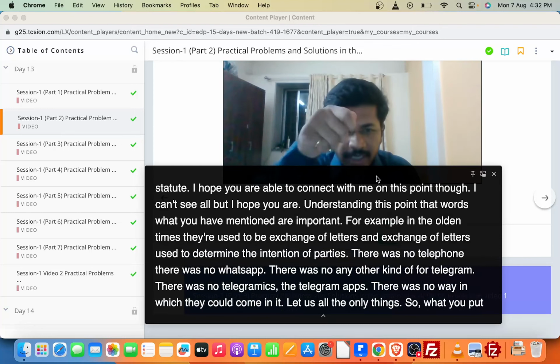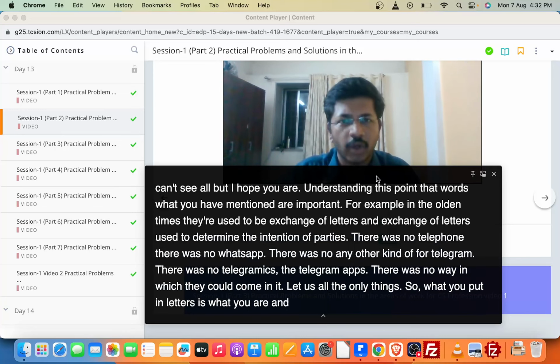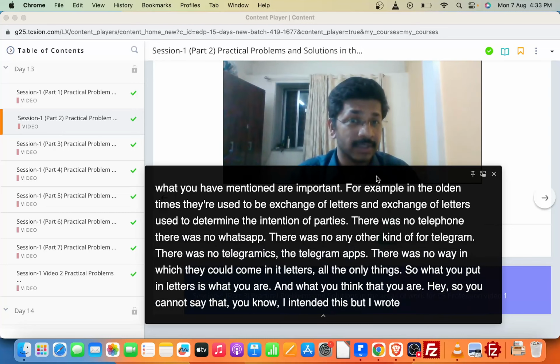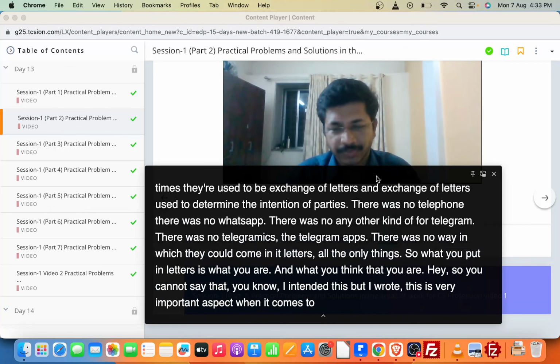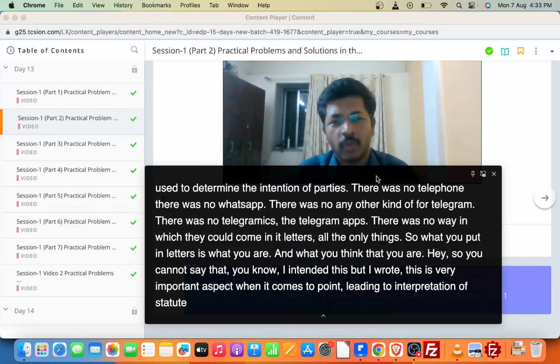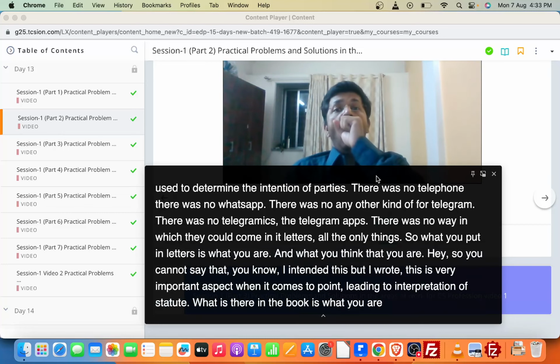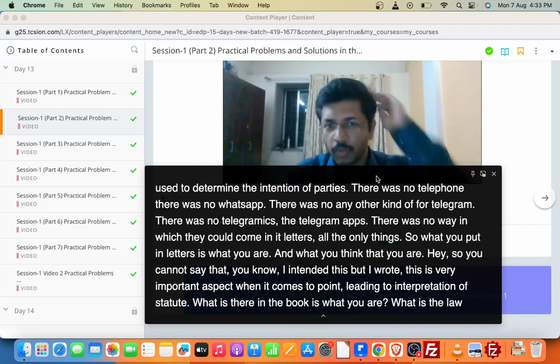So what you put in letters is what you are and what you think that you are. Right? So you cannot say that I intended this but I wrote this. This is a very important aspect when it comes to point relating to interpretation of statute. What is there in the book is what you are, is what is the law. What the provision says,